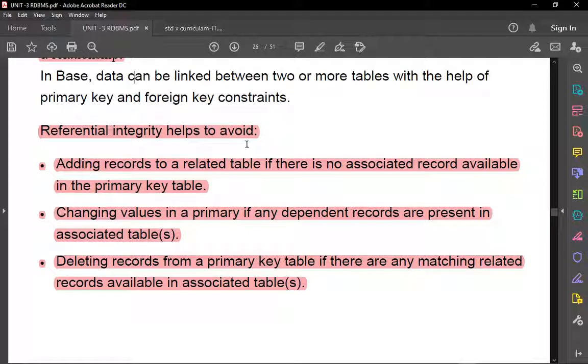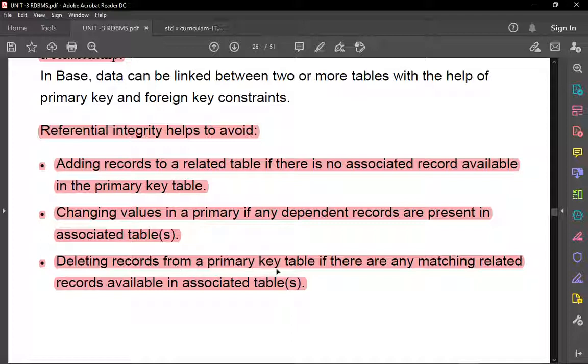What is the advantage of referential integrity? It will avoid adding records to a related table. So you can just learn that much. Then it will avoid changing values in a primary key if any dependent records are present in the associated tables.